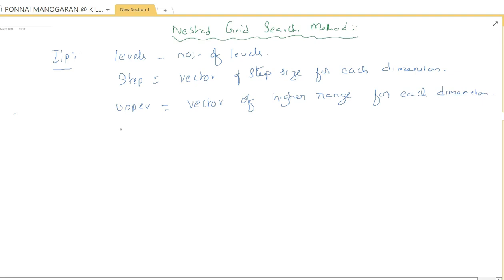Both are same, and lower we have to define this variable. It is also a vector type consisting of lower range values for each dimension,